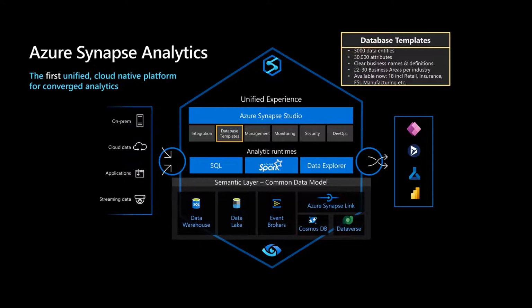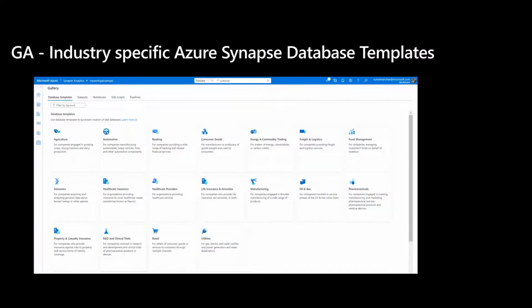And there are about 18 different industry-specific data models that are readily available, and you can just go and deploy these in a few clicks, and you are good to go in terms of the readiness of the data model. This is going to help you accelerate the time to value. So this is something that we proposed to the customer, and they were happy to explore this further.